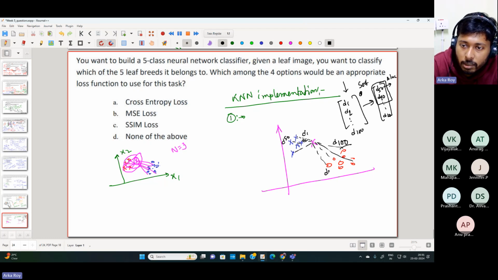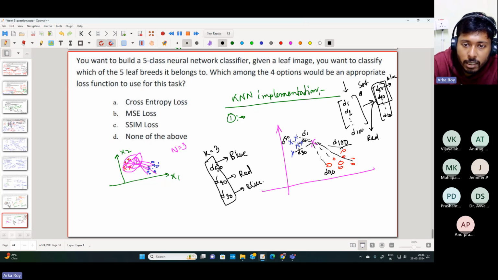Let's say D40 is this one. So this D40, you will see this is red class. Let's say the next one, D50, D40, D30, and this is what D30 is. So you have considered a k value of 3, k equal to 3. So this one belongs to blue class, this one belongs to red class, and this one belongs to blue